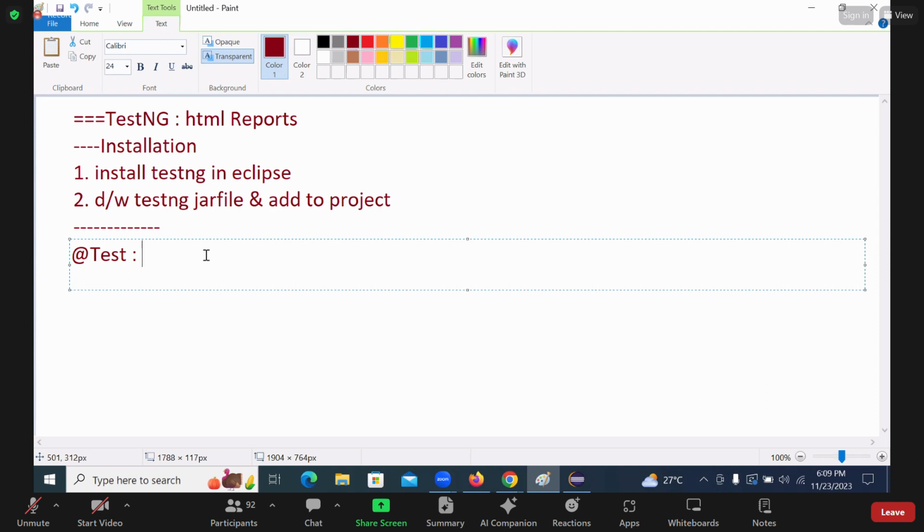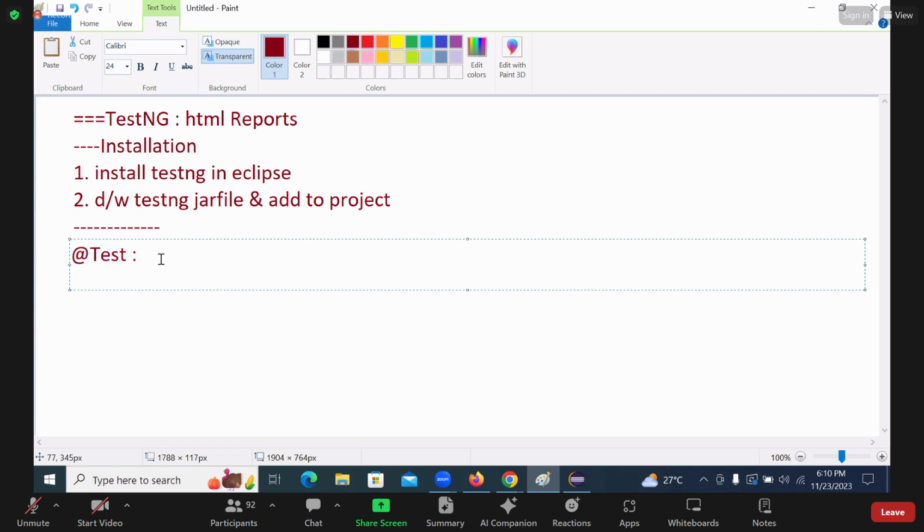How exactly is the count reflected in the report? For that, in the program, if you provide one annotation of status,